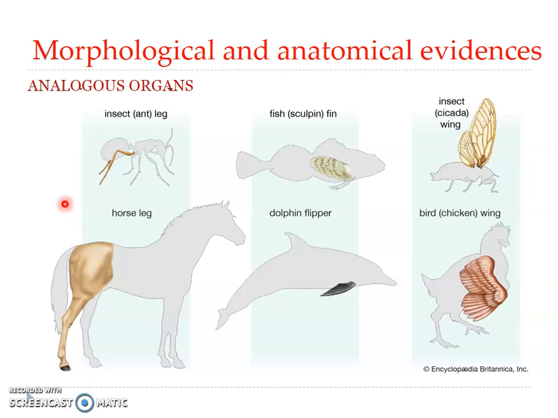different structural pattern. As we have already seen in the case of a vertebrate leg, it is a pentadactyl structural pattern, having a femur, tibia, fibula, and the tarsal, metatarsal, like all those pentadactyl limb structures. But in the case of an insect leg, even though it performs the same function of locomotion and externally it is almost quite similar,